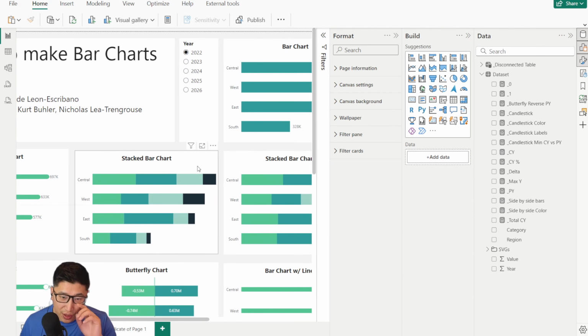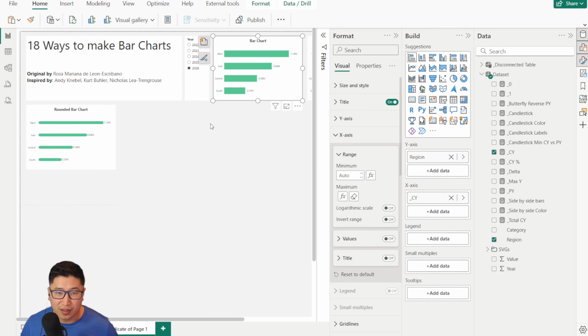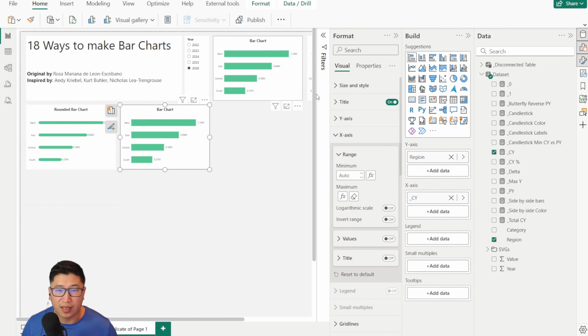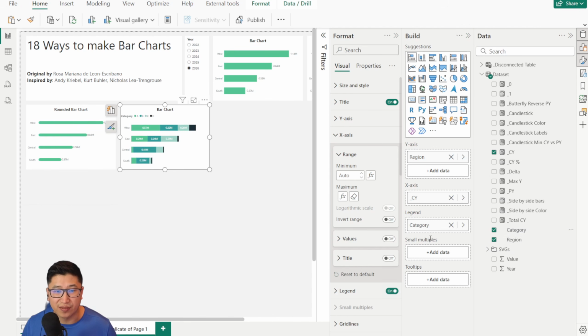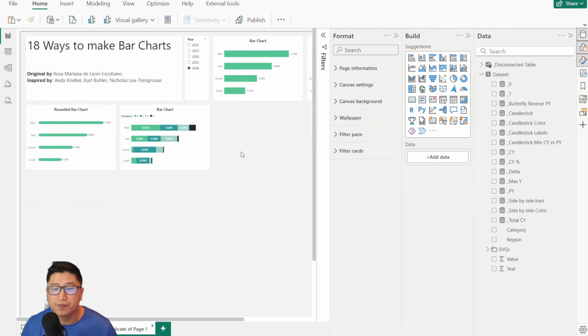Now the stacked bar chart is conceptually slightly different, but what we're going to do is just take this bar chart, copy and paste it, and change the style to stacked bar chart. Actually, I think we keep it as the stacked bar chart, and all we do is we have this category field and we'll put it inside of legend. And now you can see this is basically very much the same as what you want to show here, but